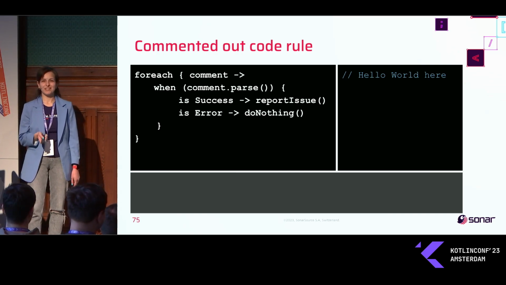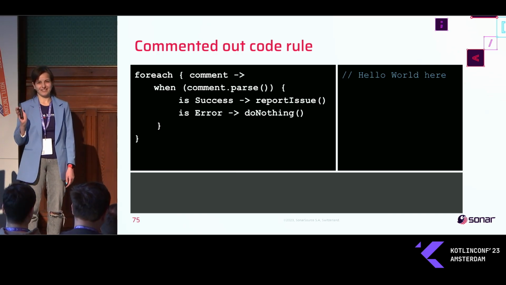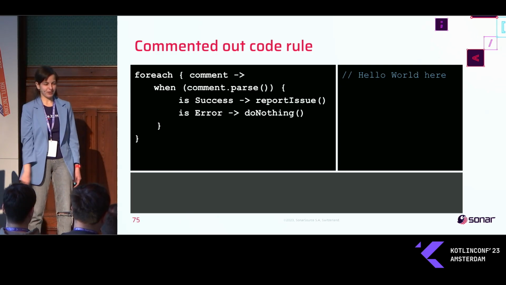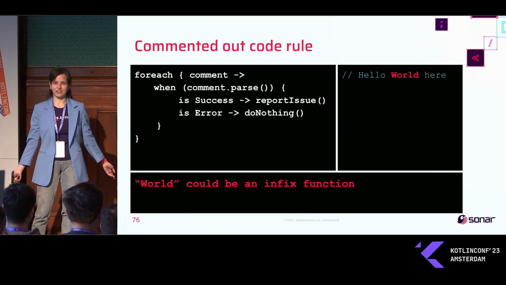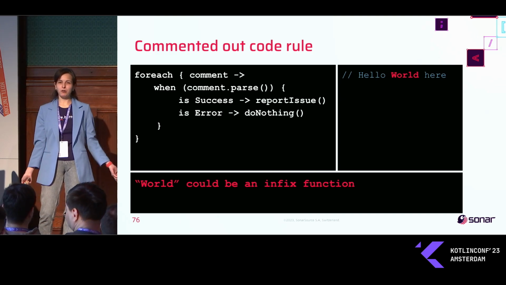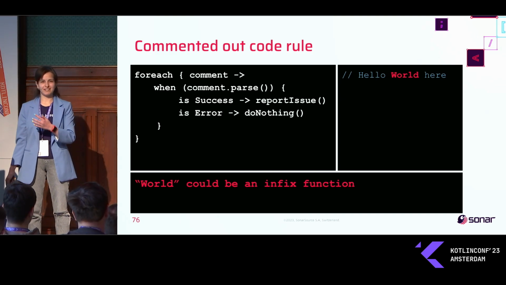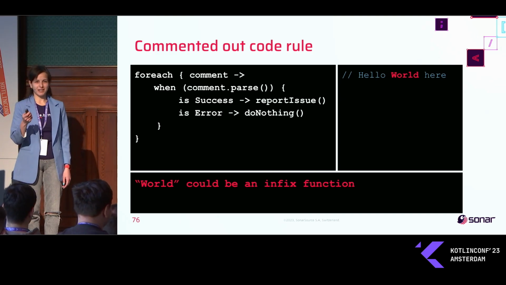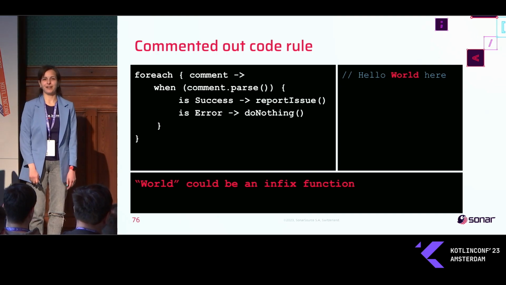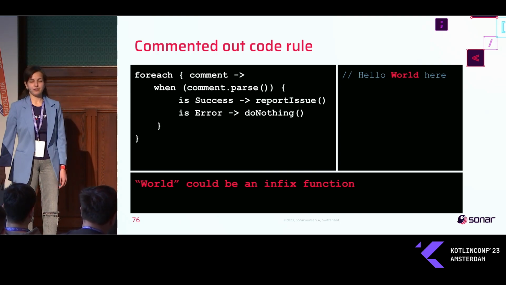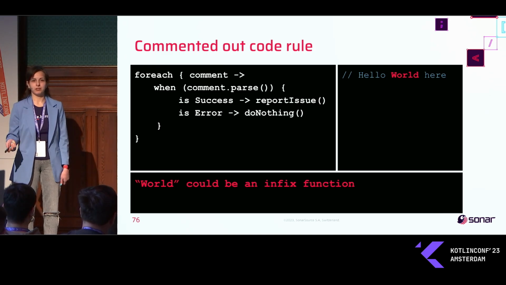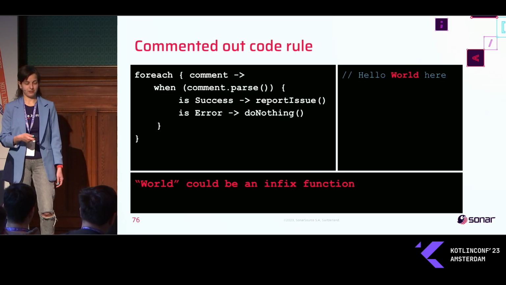From the Kotlin parser, without semantics, it's actually code, because world could be an infix function. Basically all three or more words in Kotlin are considered code. In order to overcome this, we had to have some ugly workaround. And once we added the semantic model into our engine, we decided, okay, let's just rewrite this, and it should be